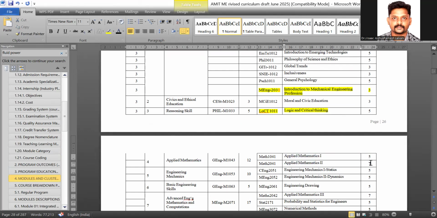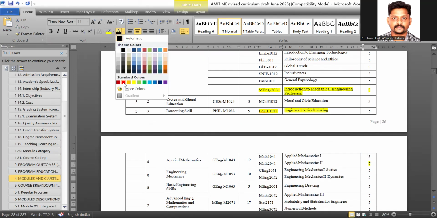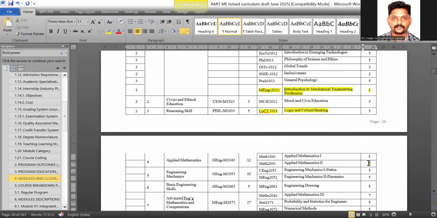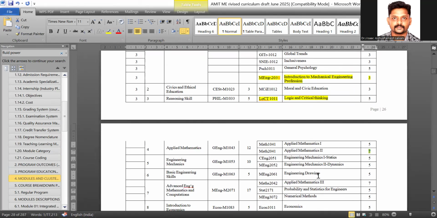I have identified that here you can see the ECTS is 7. I don't know whether it is a right value or wrong value, because the credit hour is 4. And in the case of applied mathematics 3, here it is given as 7, but if you go to the lower level, inside contents and subjects, it is given as 6. So I have marked it, and you just confirm as a committee.